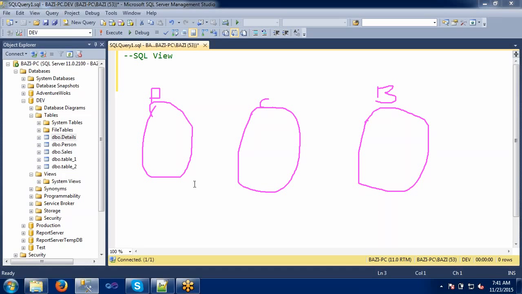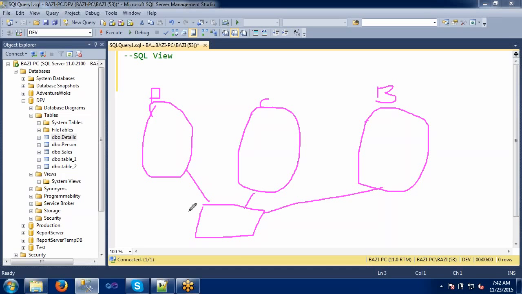This creates one more layer, which is nothing but a view created here. In this view, I am getting data from this table, this table, and this table, and it creates one layer on top of all three tables.